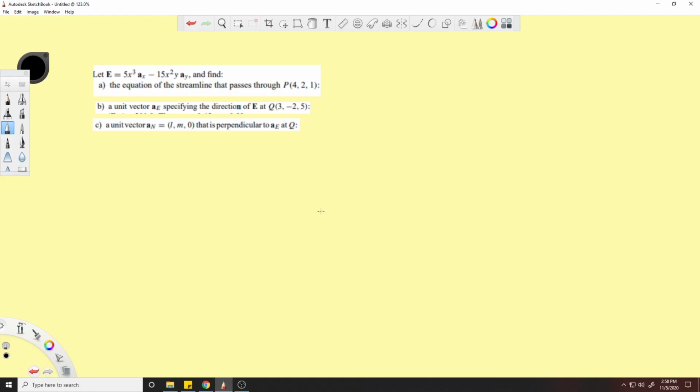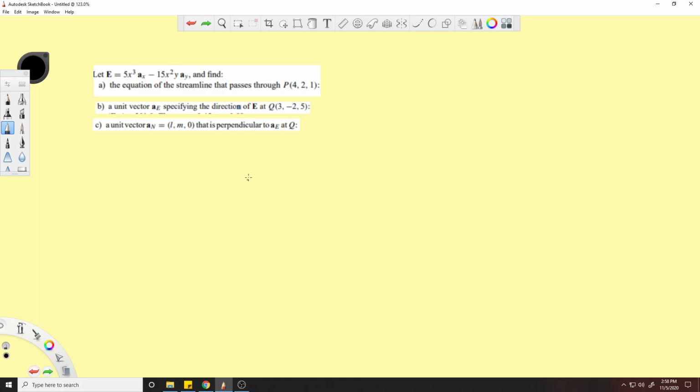Alright, we've got an electric field equation, and we want to find a streamline equation at some point. We also want to find a few different unit vectors. So let's get started. Whenever you're looking for a streamline, a lot of times you're going to run into